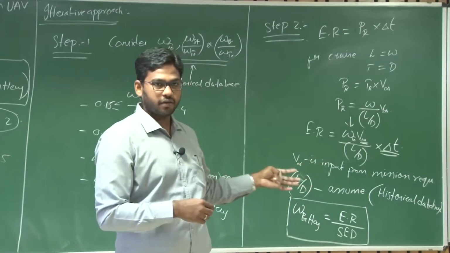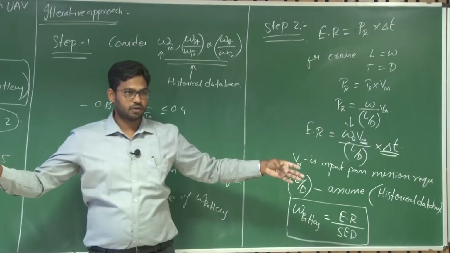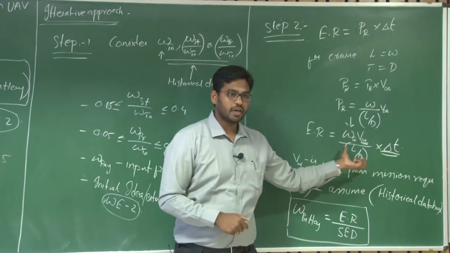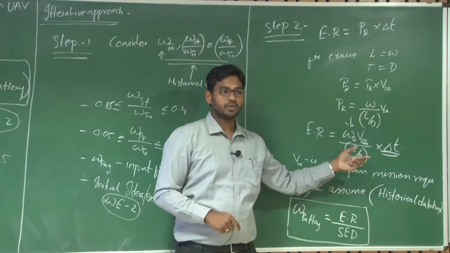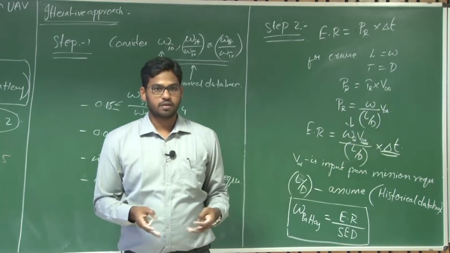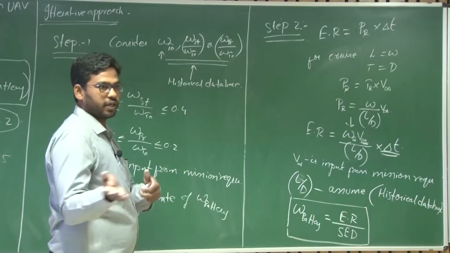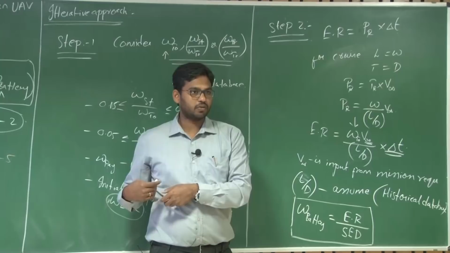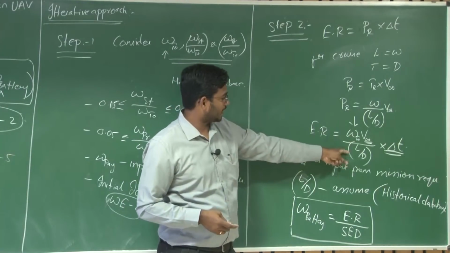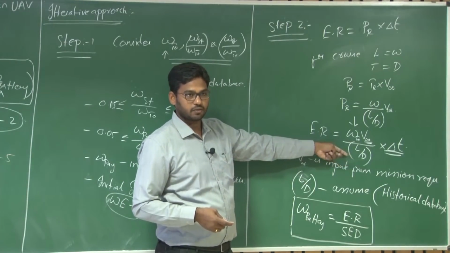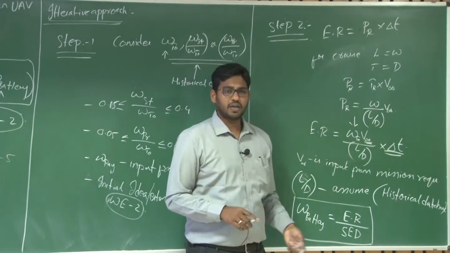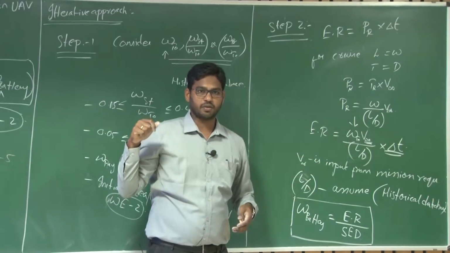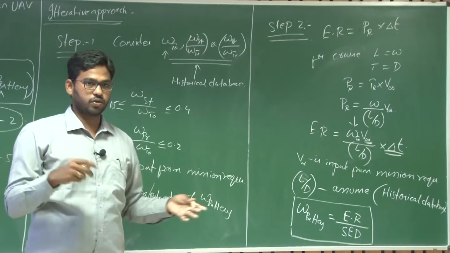So with the same L by D, when you finally design the UAV and select the wing area, you can try to achieve the same L by D with that particular wing or wing and tail combination. So this L by D is an assumption which you can use at a later stage as well while designing. Selecting this L by D is a crucial part. The higher the value, the lesser is your energy required or the greater is your time of flight. That we already witnessed, during maximum endurance and maximum range conditions.